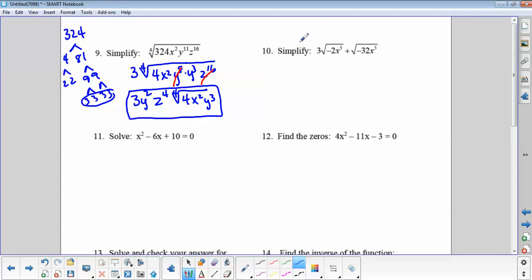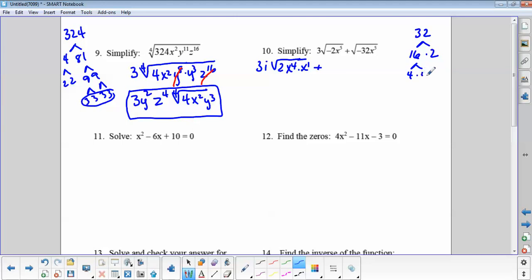Okay, in the next one, when you have the square root of a negative, remember that will come out as the imaginary number i. And then I also have the square root of x to the 5th, so I need to simplify that. So I have 3i. Because I took the negative out, that's gone. I have 2, and I can do the square root of x to the 4. So I'm going to change my x to the 5 to be x to the 4 times x to the 1. Plus, I have 32, so I can make a number graph here for 32, 16 times 2,